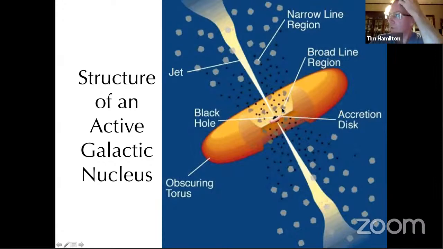We have the broad line emitting clouds, the little gray clouds close to the black hole, orbiting in all directions. There's some possibility of a bit of flattening of that with an overall direction of rotation, but we're not entirely sure. And then farther away, we would have the distant clouds, which are emitting narrow emission lines. And then in maybe 10% of cases, we have plasma jets, which emit radio waves. Okay, now,